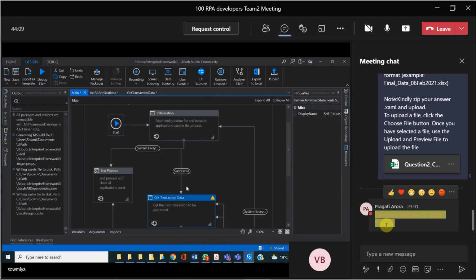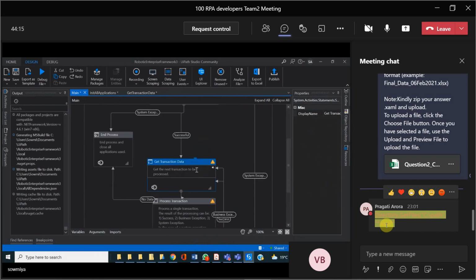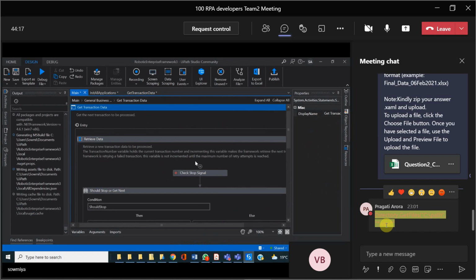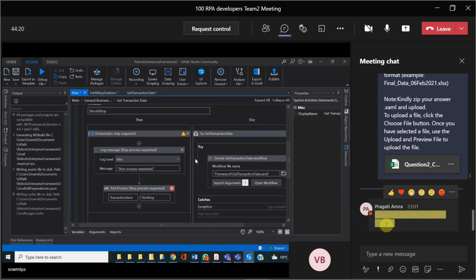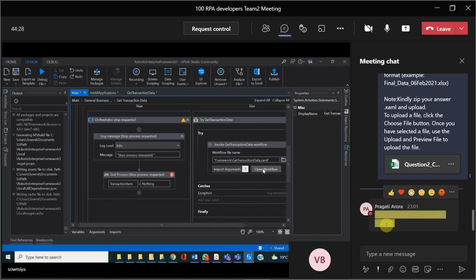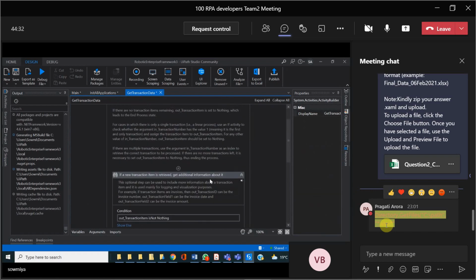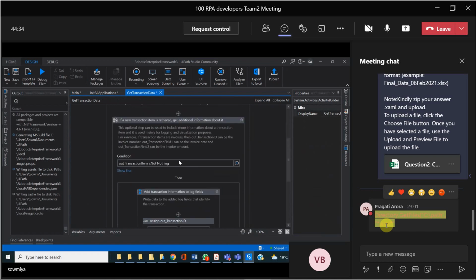Okay, go to get transaction data. It's already open. Go for that get transaction data. Yeah, in the else part. Okay, yeah, open the top. You can give if condition. Our transaction data is